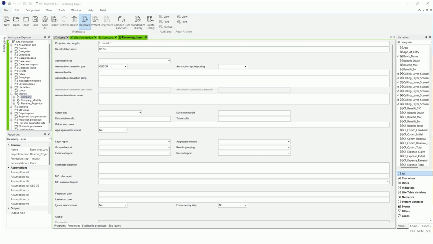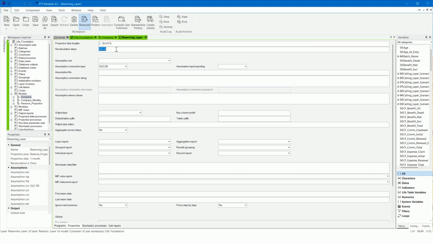This can be a date expression as shown. This expression specifies a sequence of dates, starting from the layer start date of the calling layer and ending with its layer end date. It is only at the step end dates that the calling layer can call the sublayer, so Modeler recalculates the sublayer on the step end dates in the calling layer on or after the dates specified in this property.